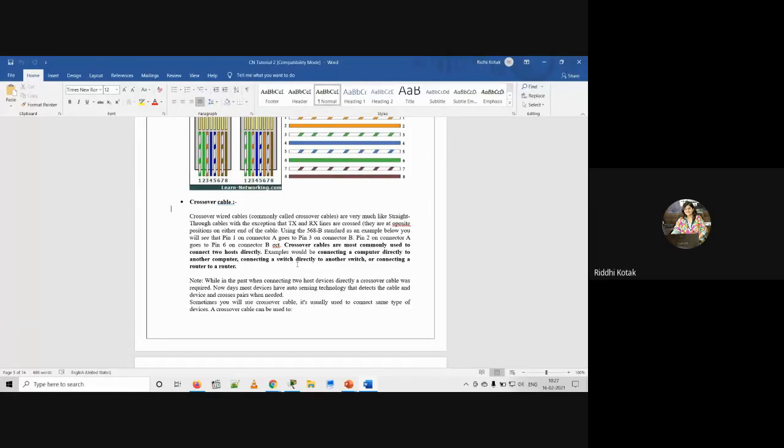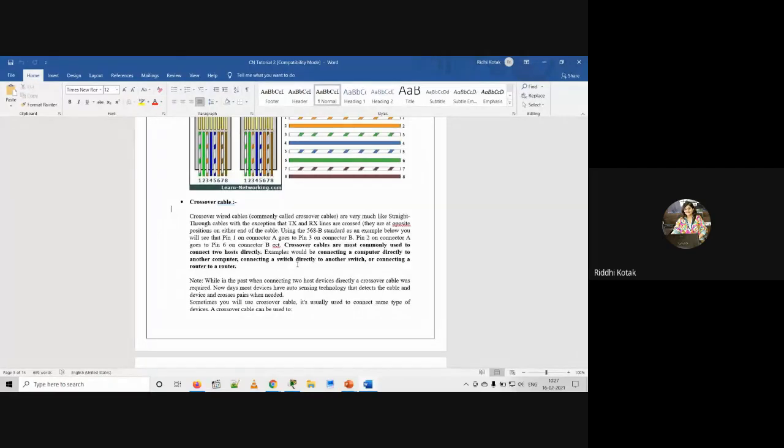Like in a diagram we have seen three different local area networks, and within the local area network or from one network to another network, but if you are directly combining two PCs with each other, that connection is known as peer-to-peer. So whenever your requirement is to directly connect two hosts, at that time you can use this crossover cable.